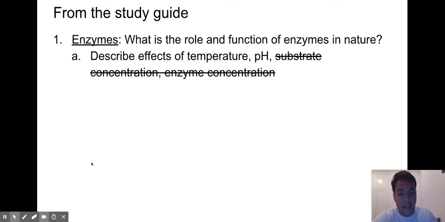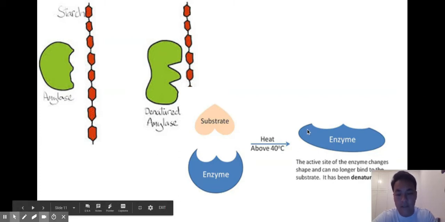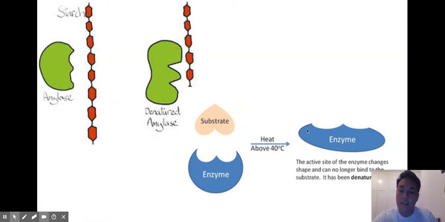So think about your lab, and hopefully you should have some vivid understanding from that. But if you change it, say you heat it up, you can change the shape of the enzyme. It's called denaturing. Or if you make it too cold, or if you change the pH. What's happening there is it's really